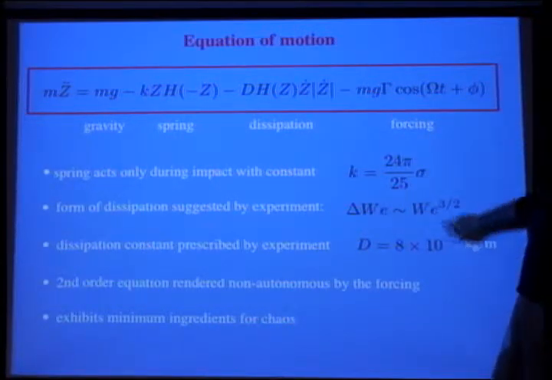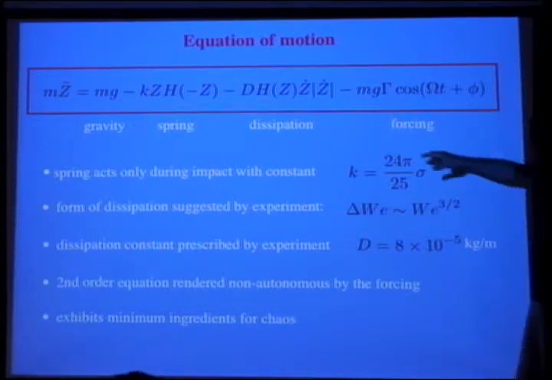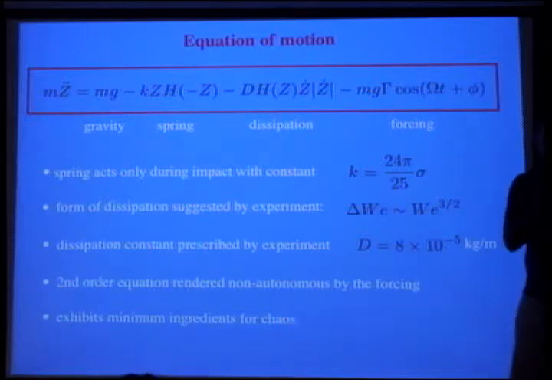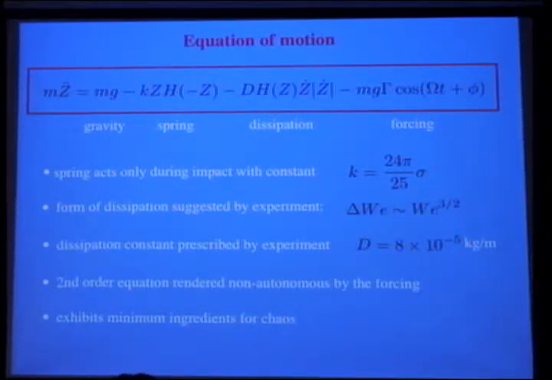Wait, that shouldn't be the g. Oh yes, it should. Gamma is the forcing acceleration over g. This is basically simply from the fact that we're going to describe this now in the accelerating frame of the frame. Unfortunate dual use of the word frame in English. But okay, so again, same equation of motion, but now we have a forcing term. It's just like you're turning gravity on and off, right? Okay, so we have.